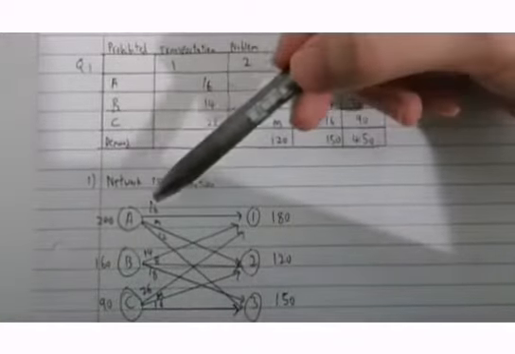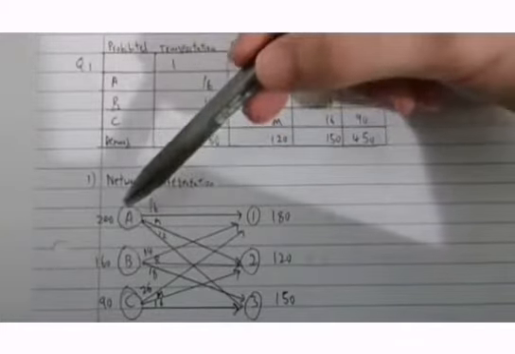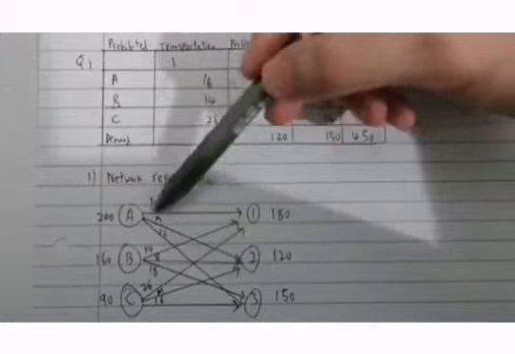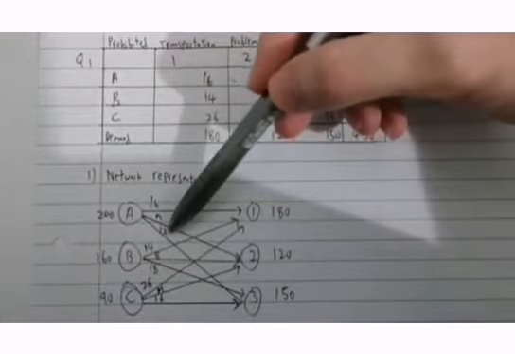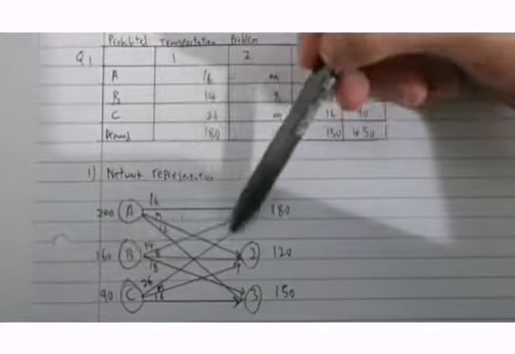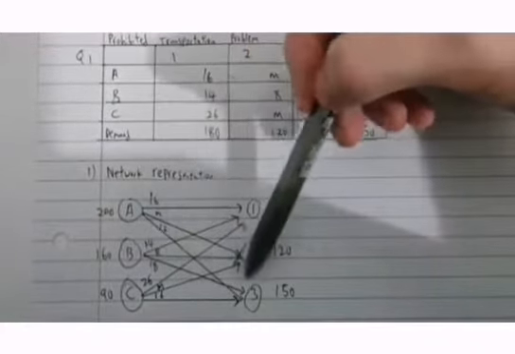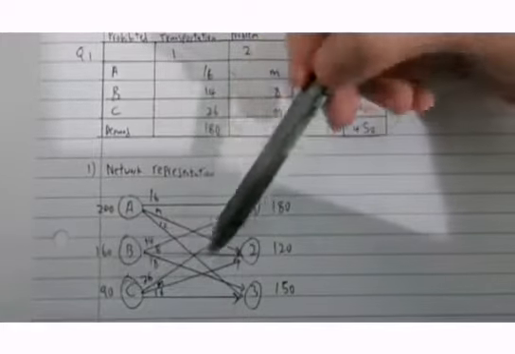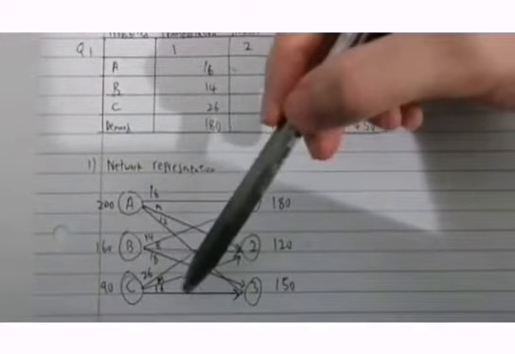So the network representation, like this, we get it from the table: A1 equal to 16, A2 is M, A3 is 12, and B1 is 14, B2 is 8, B3 is 18, and C1 is 26, C2 is M, and C3 is 16. Okay, so for question 2, we need to write the mathematical formulation for this transportation